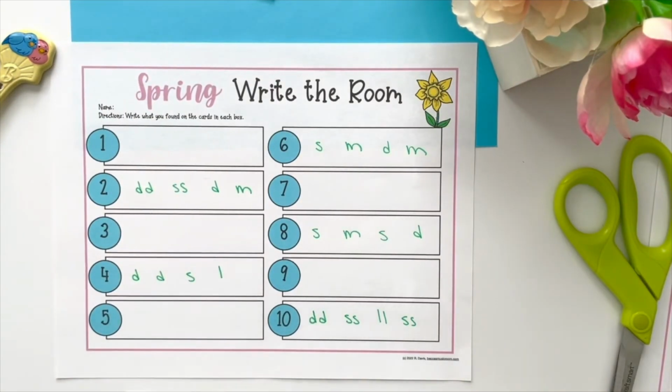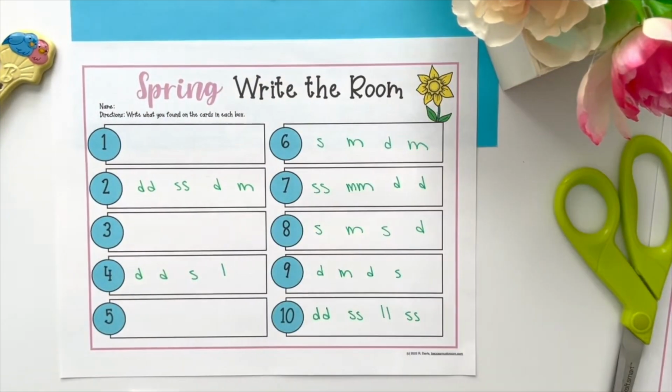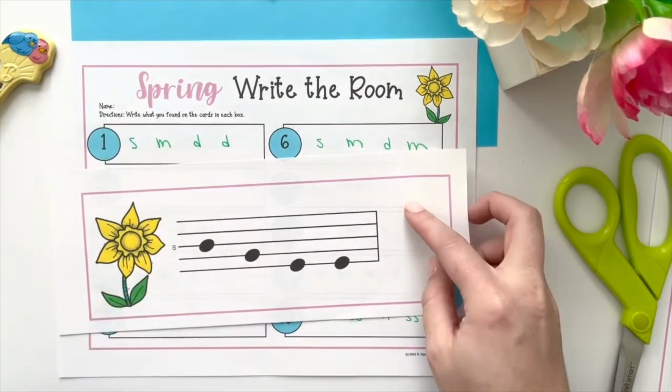I like hula hoops to kind of keep everything together. So I just put them all on the hula hoop, and the kids just flip through and like, all right, here's number 3, and they write it down. So it's not walking around the room, but it still works just fine as a centers activity for write the